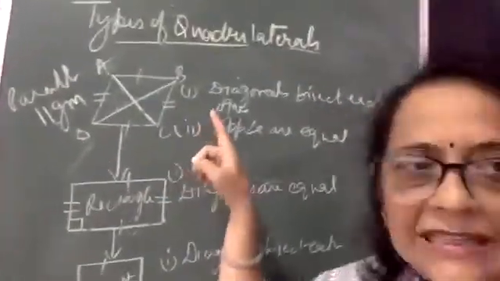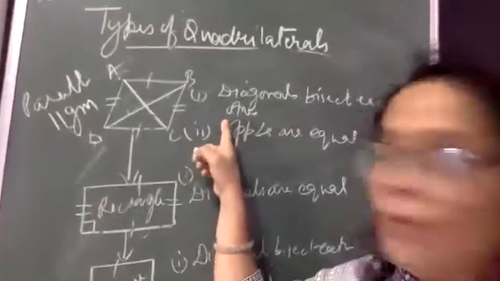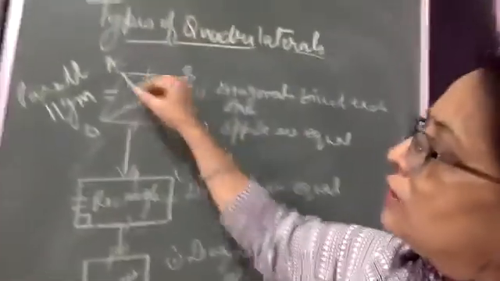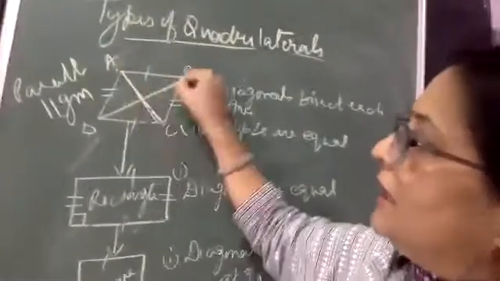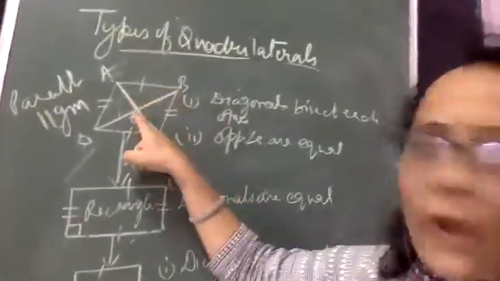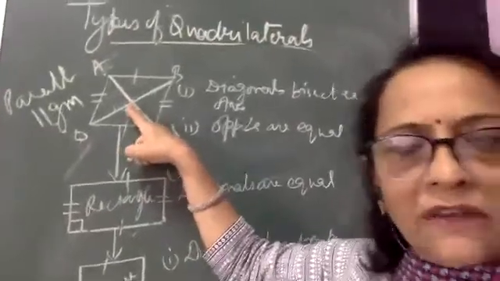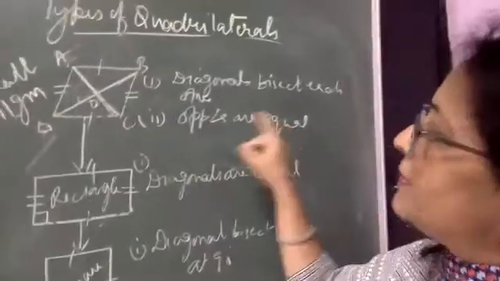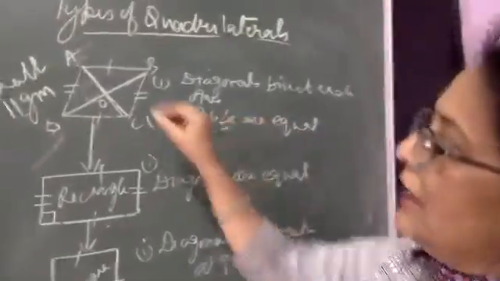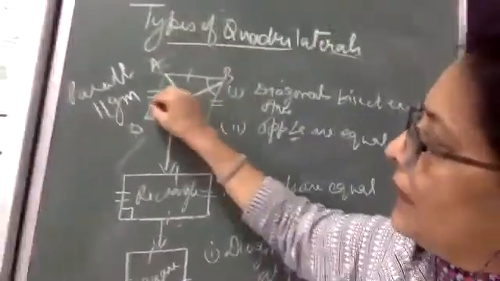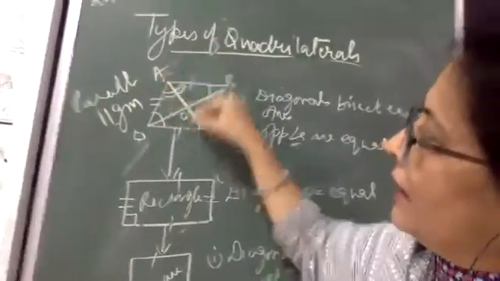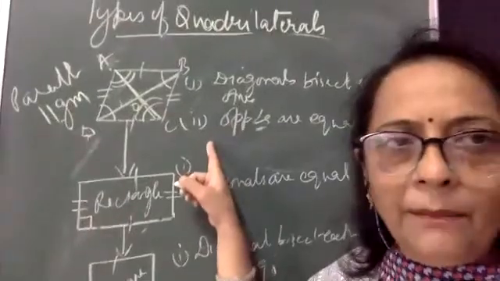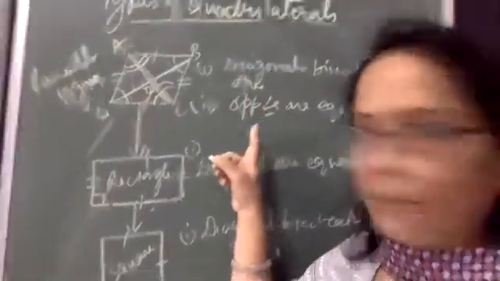After this, it has its own properties. What are the properties of a parallelogram? Its diagonals bisect each other. So here the diagonals AC and BD will be bisecting each other at the point of intersection O. This is the first property of a parallelogram. The second property is that its opposite angles are equal. This is the symbol of angles. So angle B and angle D will be equal, and angle A and angle C will be equal. This is a parallelogram, right? And the properties we must know and remember.